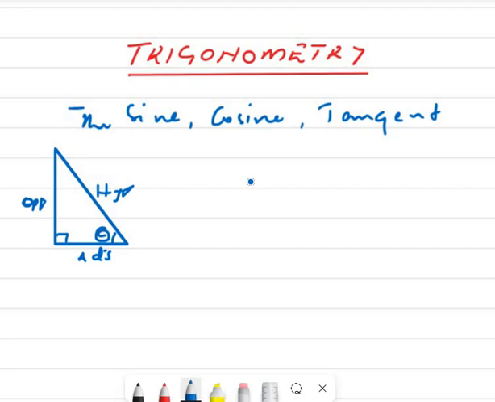The definition of these functions states that in case you have a right-angled triangle like this one,